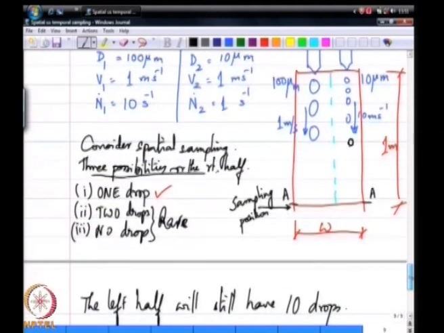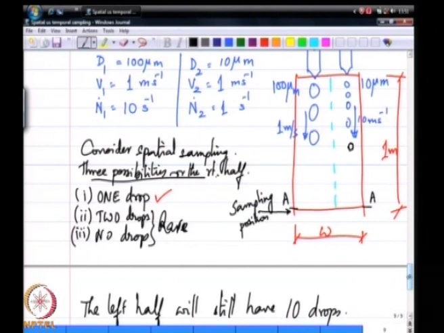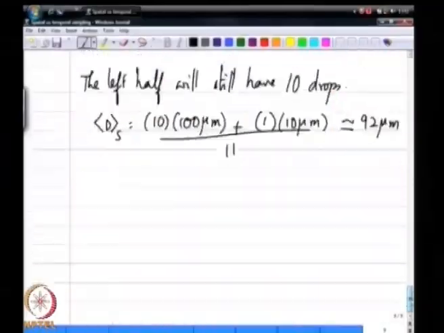Now, does the size of the domain make a difference? So, if instead of 1 meter, I sampled over 2 meters, will that make a difference? Chances are, again, the drops are spaced. So, for any given drop d i,